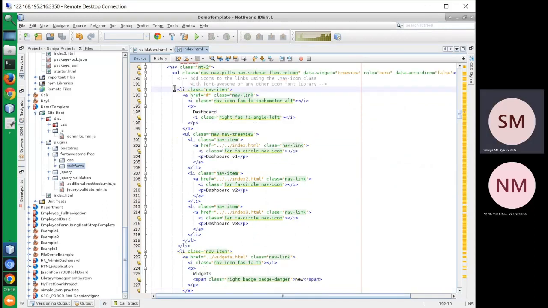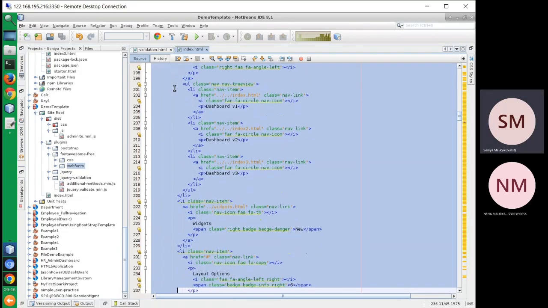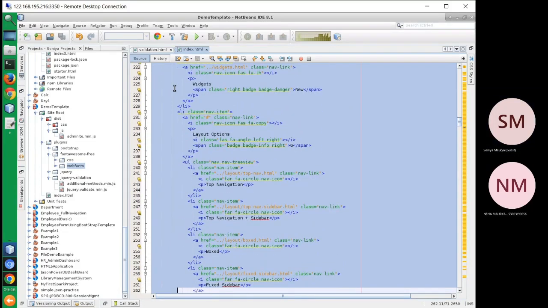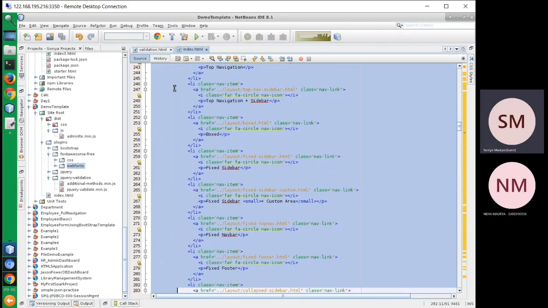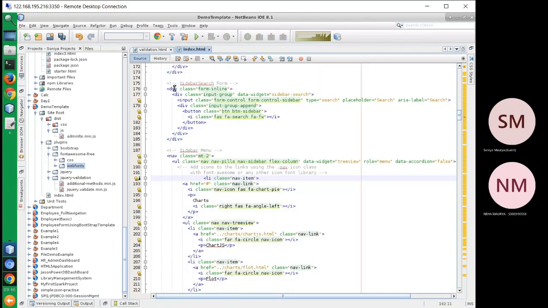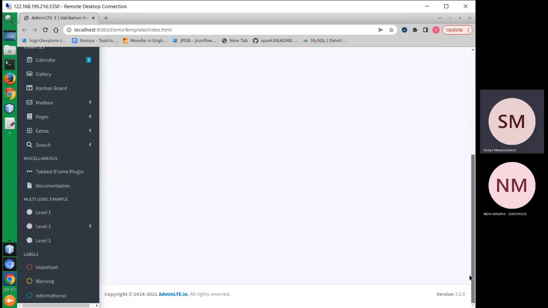I'll start removing from here itself. I don't need all this dashboard 1, 2, 3. I don't need all this content, widget, layout option, top navigation. So I'll remove a small part, then we'll check what is happening. I'll remove it. I'll just keep my mouse over here. I'll just save and check what is happening. You saw my left navigation got smaller,